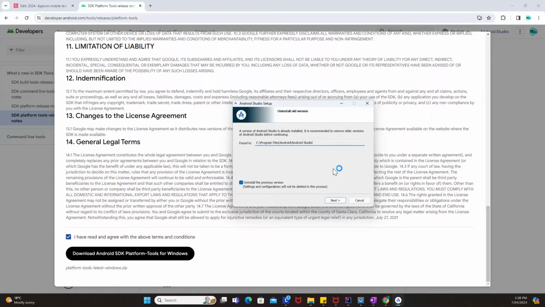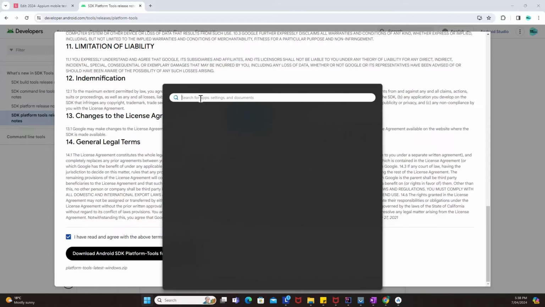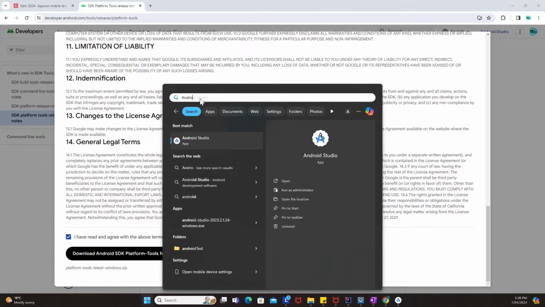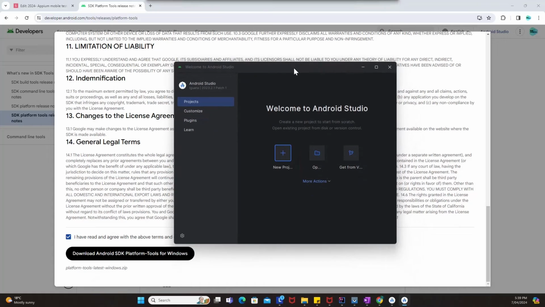Kindly open that up. So I'll just go into my machine, and then I'll look for Android Studio, and I'll open up this particular app. Something like this will open up, which is Android Studio. Now we are not going to develop a mobile app as such, but why we wanted to install Android Studio specifically was